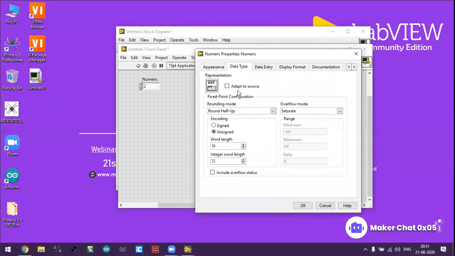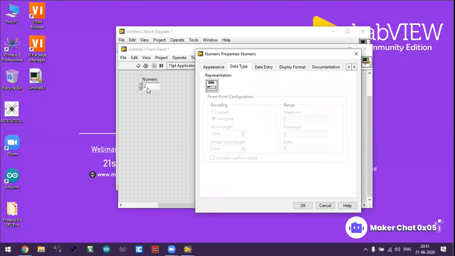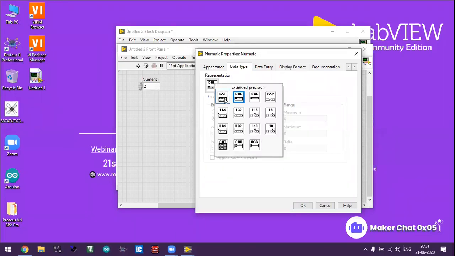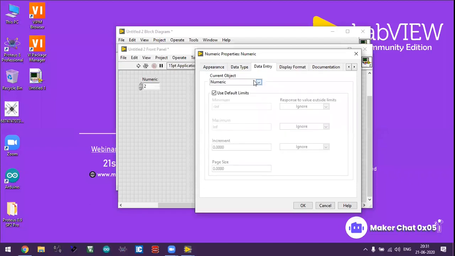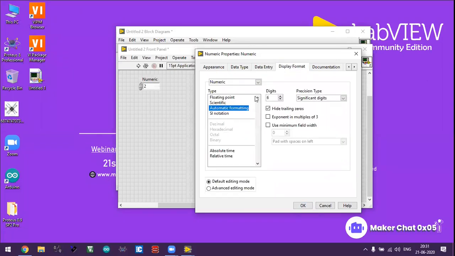So data type: extended precision, single precision, all this you can select. Data entry, so numeric, display format. See, floating point, you can go for scientific, automatic formatting, SI notation, all are there. Numeric, floating point.